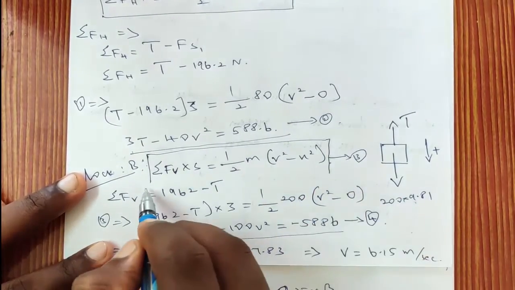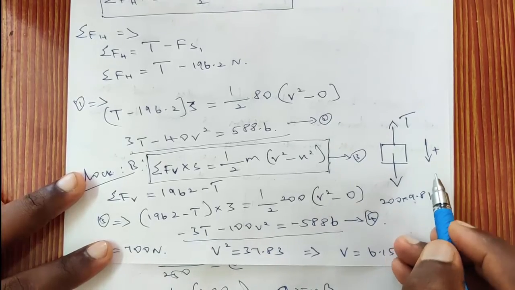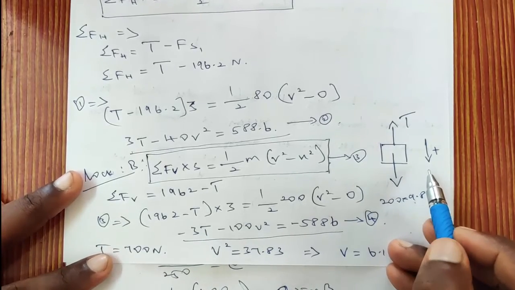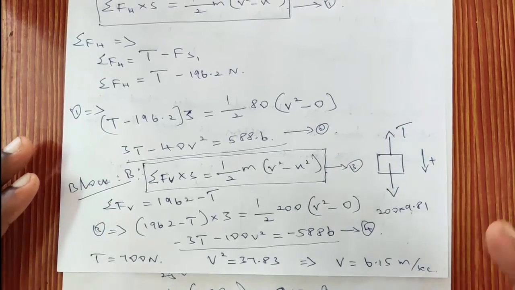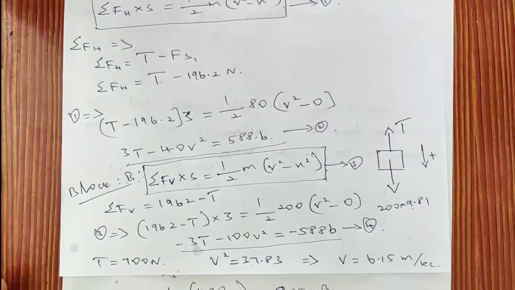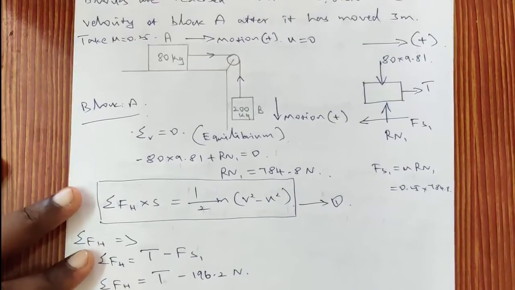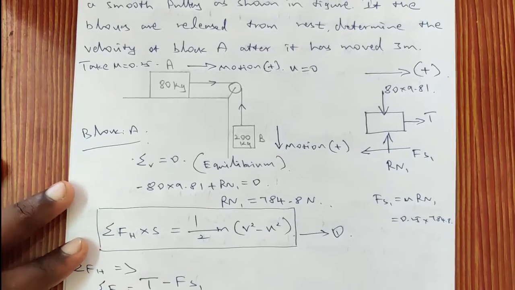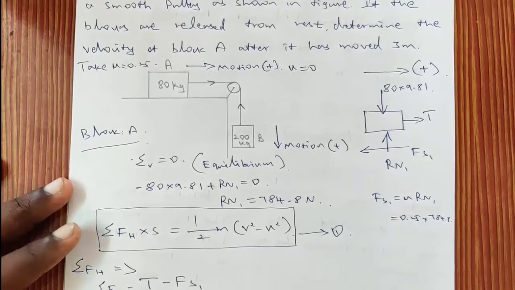work energy equation. And the second important point is, the direction of motion of the body is the positive direction, irrespective of upwards or downwards. The same problem can be solved by using D'Alembert's principle also. So you can also solve the problem by using D'Alembert's principle and you can verify the solution.